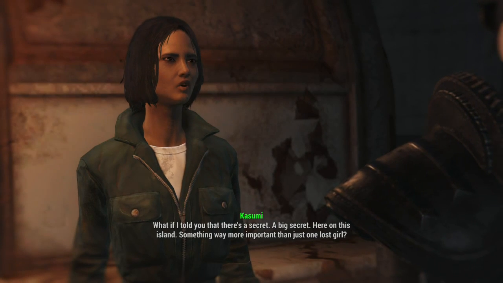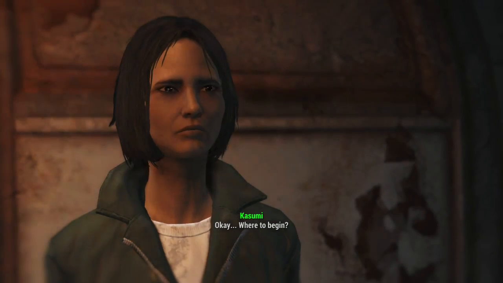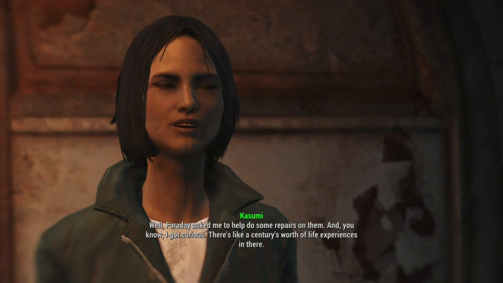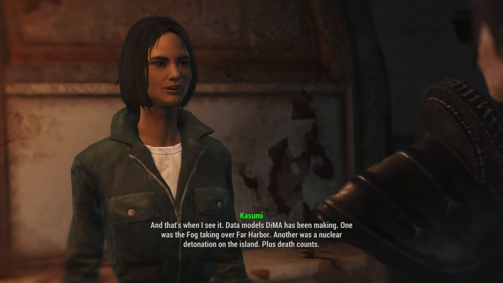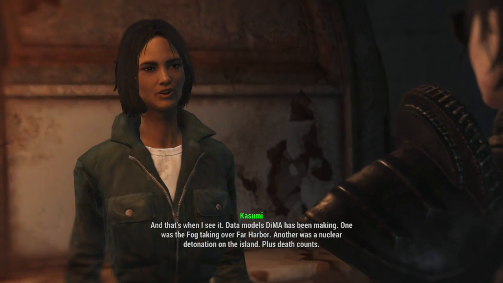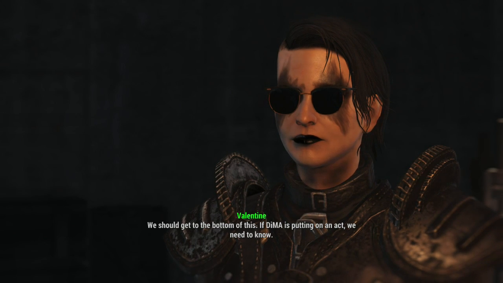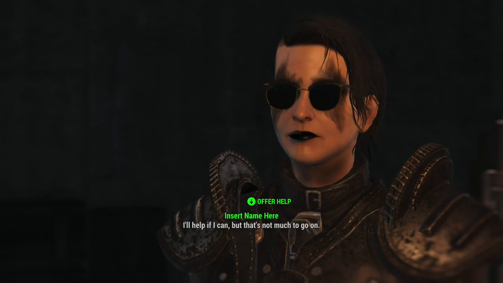Wait, what if I told you that there's a secret? All right. Okay. Where to begin? You saw all those computers that Dima's hooked up to, right? Well, Faraday asked me to help, and that's when I see it. Data models Dima has been making. One was the fog taking over Far Harbor. What if Dima is so open and welcoming because he's actually... We should get to the bottom of this. If Dima is putting on an act, we need to know. I'll help if I can, but...